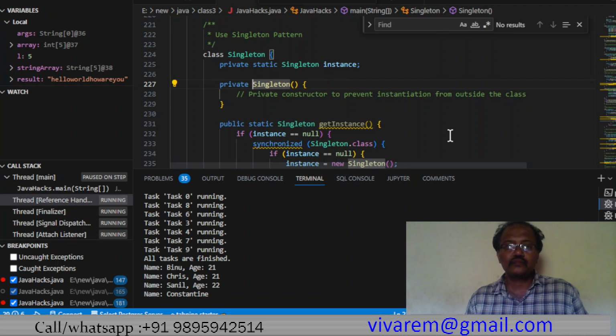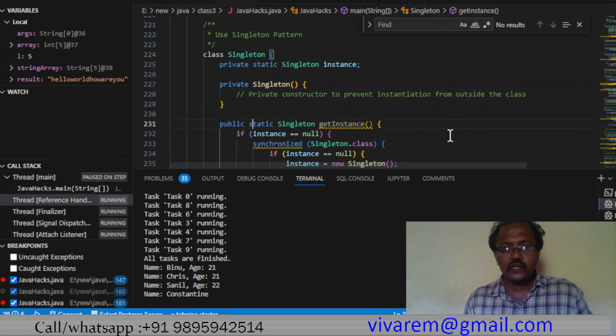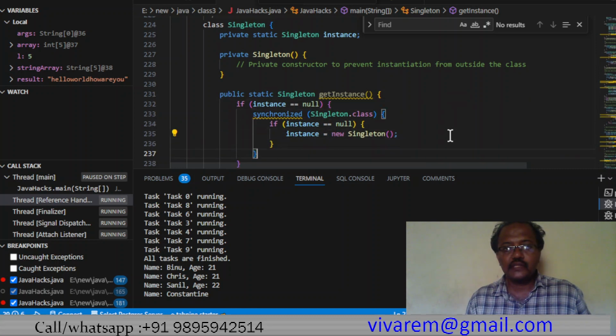There are no other constructors here, and we are creating a static get instance method that returns a singleton. Whenever we want to create this object, we have to use the get instance method. If instance is equal to null, what happens is it creates